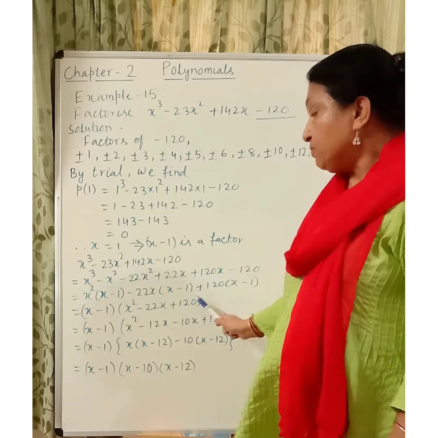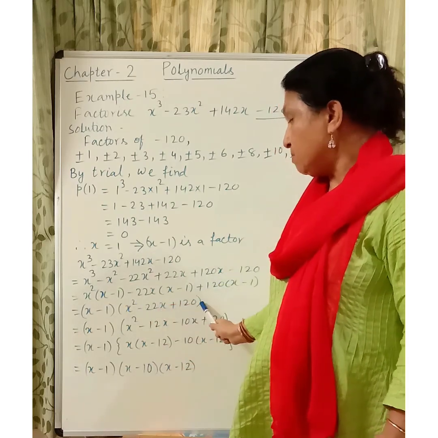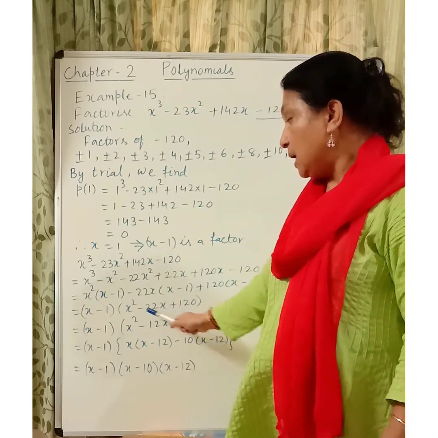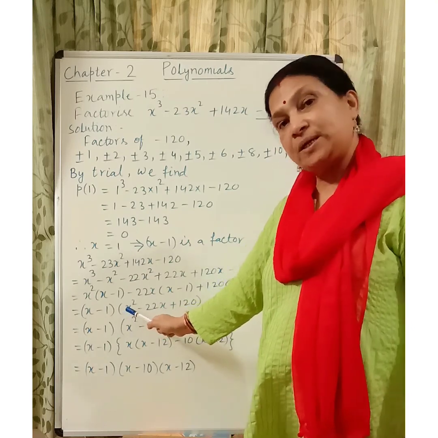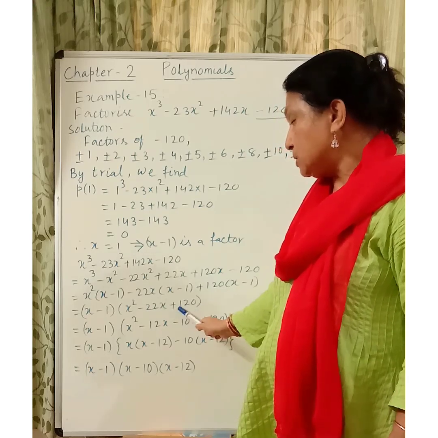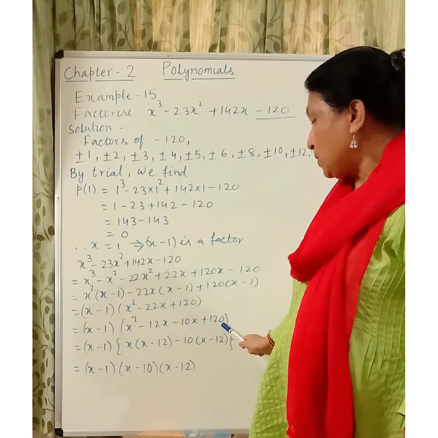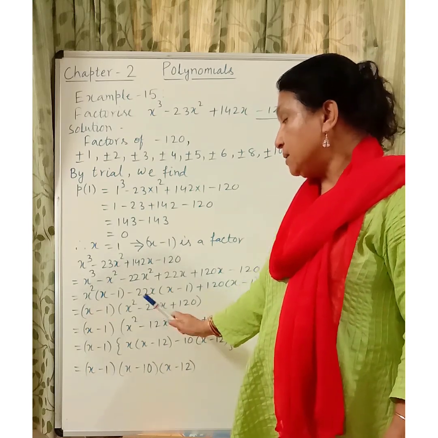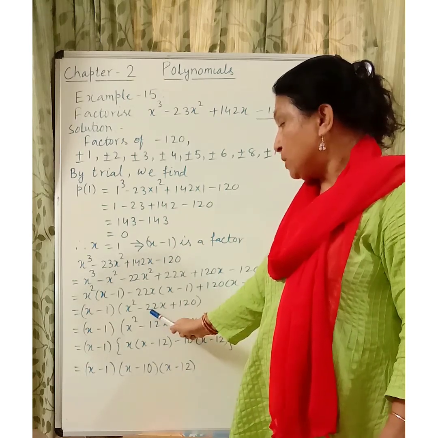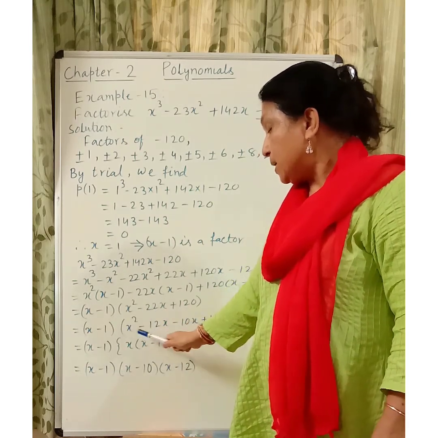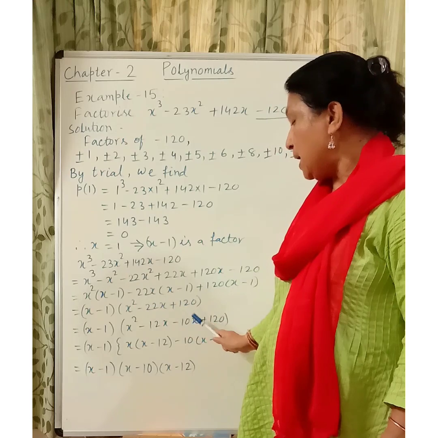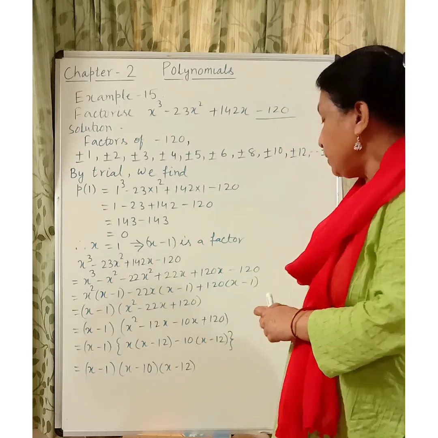So what do we have to do now? Here we have three terms. We know how to factorize when we have three terms and only one perfect square is there, that is splitting the middle term. So by splitting the middle term, here 120 is the constant term. So the product has to be 120 and the sum has to be minus 22. So we will be splitting minus 22, so that will be x square minus 12x minus 10x. When we multiply minus 12 and minus 10, we get 120.